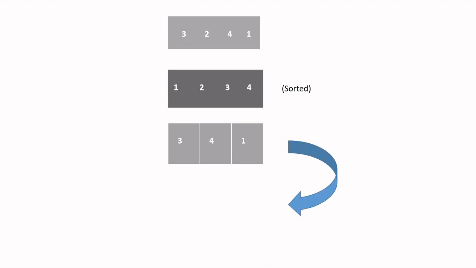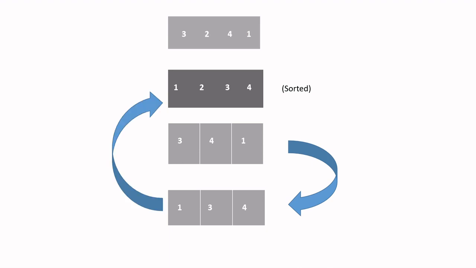Now, what we have to think first is to choose those elements which are not in their original position, like the 3, 4, and 1. So now we are choosing 3, 4, and 1, and performing a right cyclic shift on these three elements. We will get 1, 3, and 4. And after putting these elements back into the original array, we will get 1, 2, 3, 4, which is a sorted array.